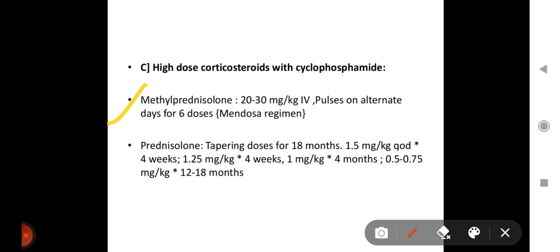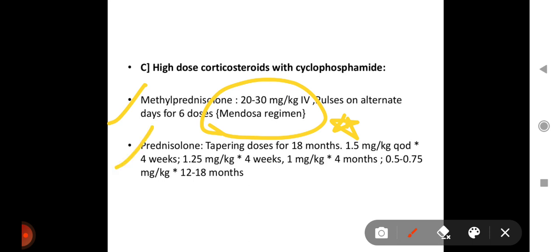mg per kg IV pulses on alternate days for 6 doses. This is also known as Mendoza regimen. It can be asked what is Mendoza regimen. So methylprednisolone 30 mg per kg pulse therapy on alternate days for 6 doses with cyclophosphamide, and with prednisolone tapering